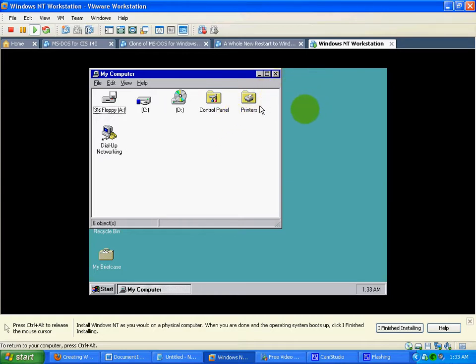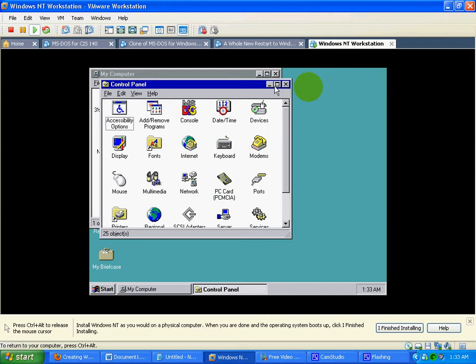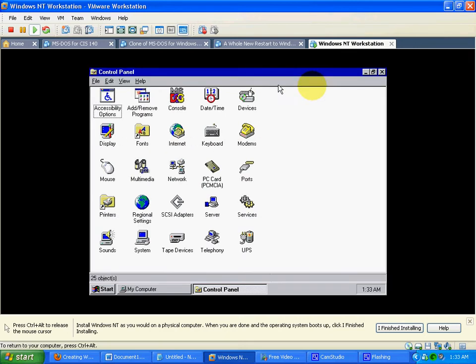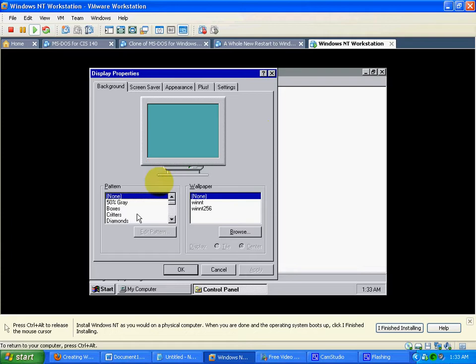Any one of those things you can double click into. We're going to click into the Control Panel. We're going to make it larger. And this is where you could change your time, add devices, your keyboard, connect to the internet, change your display. This would create not only backgrounds